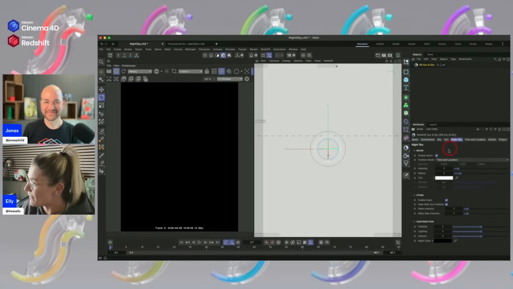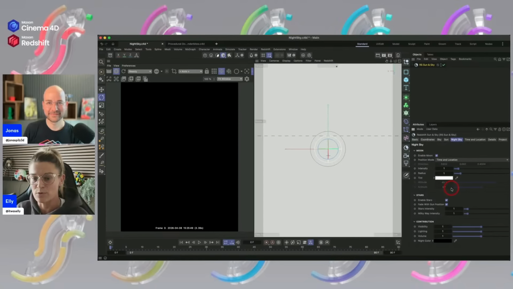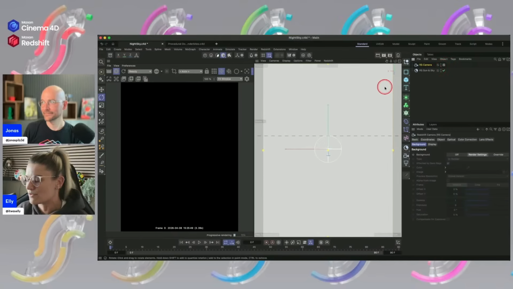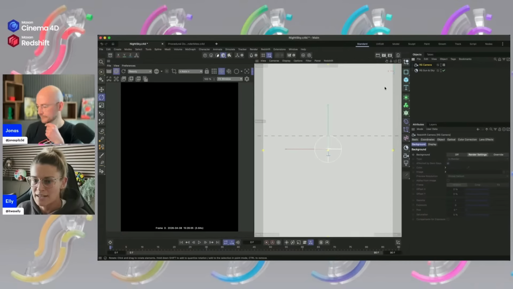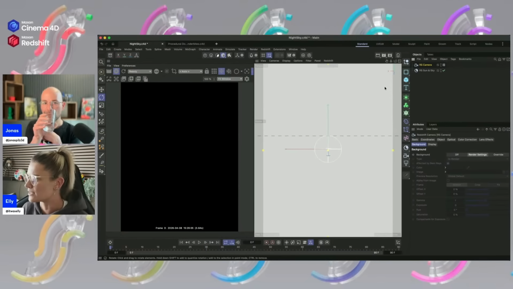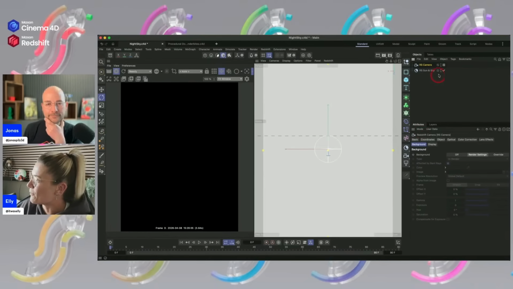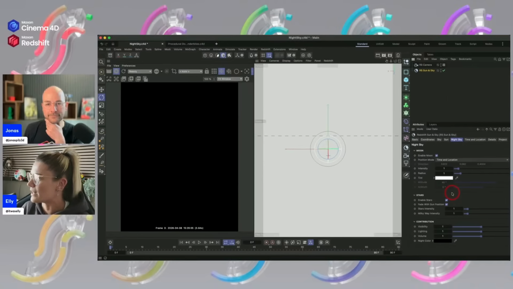What we kind of expect is, because our moon and our stars and everything else is enabled, we would expect to see them. The reason we don't is actually because of the default exposure within the camera. In order to see them now, we'd have to really boost our exposure to quite a high level inside the camera, which we probably don't want to do because it's also going to impact everything else in our scene, right? So what the team did was incorporate non-physical intensities for things like the moon intensity, the stars,